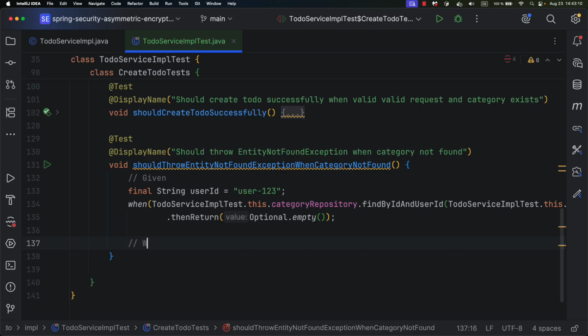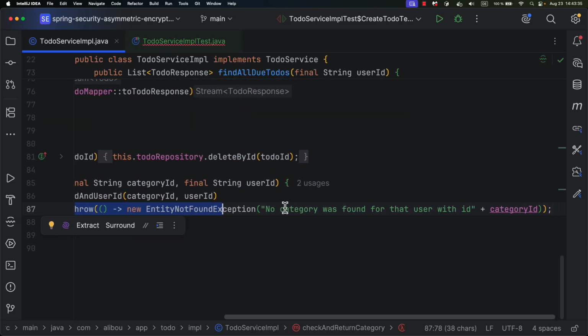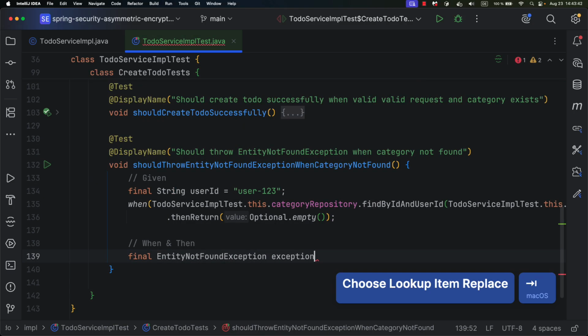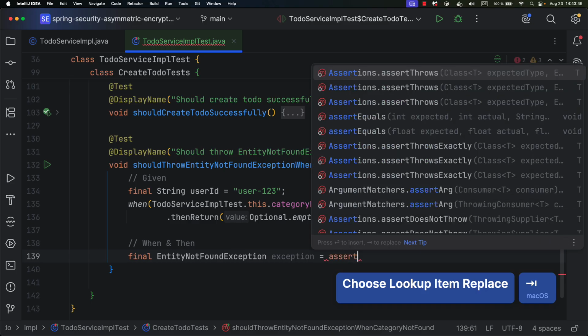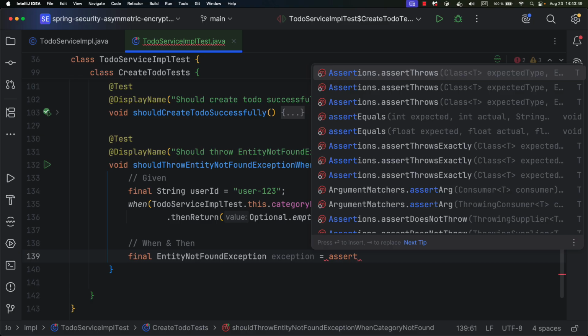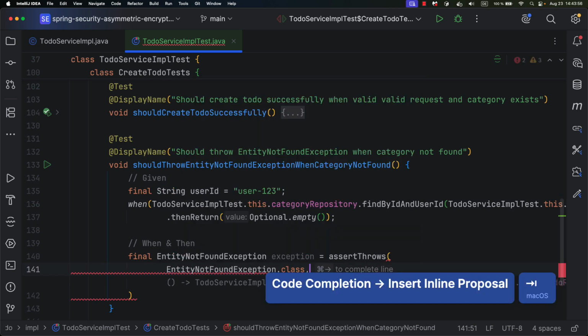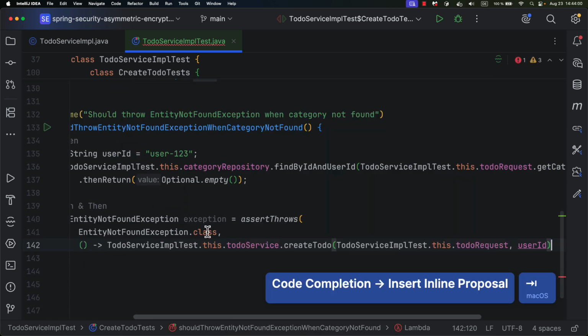Once I have this one, I can have a when and then at the same time. Here I want to get the exception, which is the entity not found exception, so I can make sure that everything is as expected. For example, I want to make sure that this message is printed and so forth. So let's say EntityNotFoundException, let's call it exception equals assertThrows. In the assertion methods, we have a method called assertThrows, and it takes mainly two parameters. The first one is the exception class,